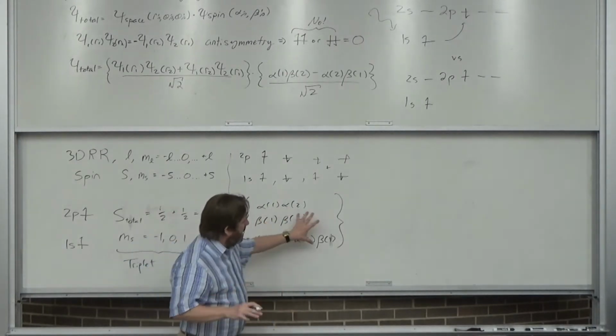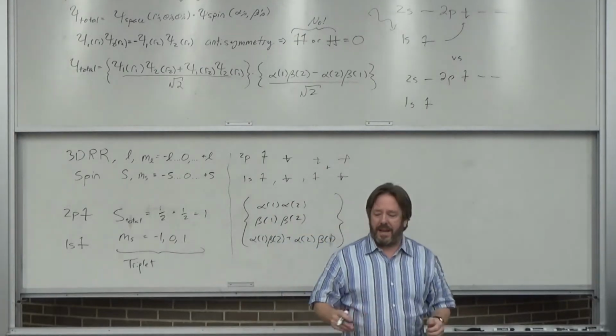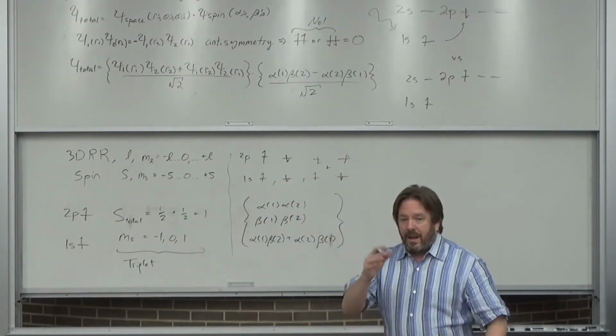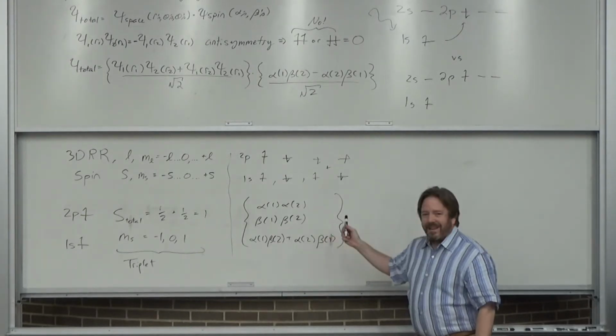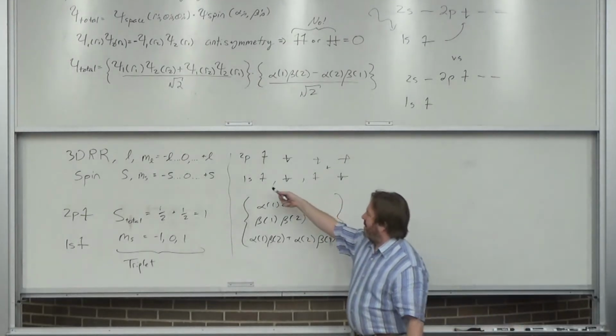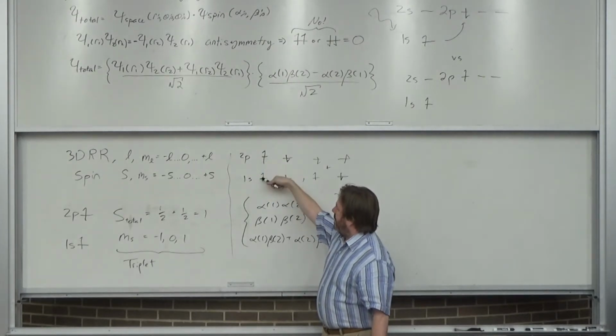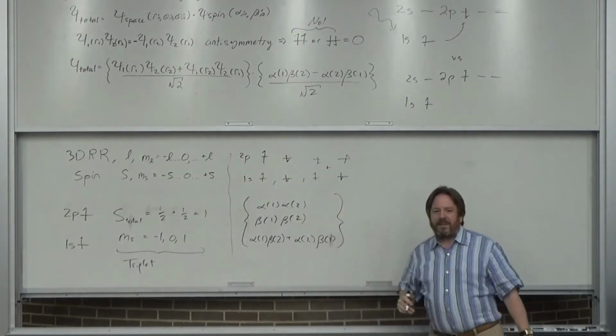Okay, so we have three spin wave functions, triplet states. And as we're going to explore further, by the way, it turns out that this is going to be lower in energy than a singlet state. The same thing with, if that was up and down. Anyway, I'm getting ahead of myself.